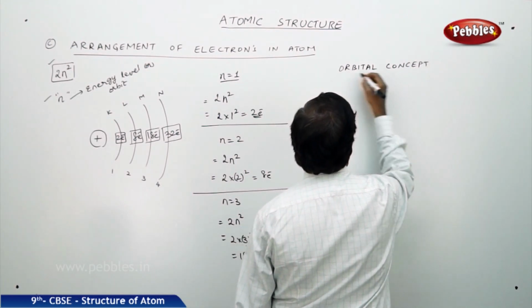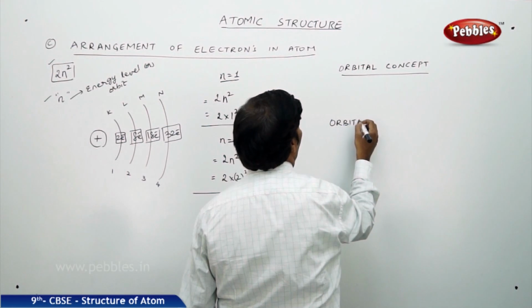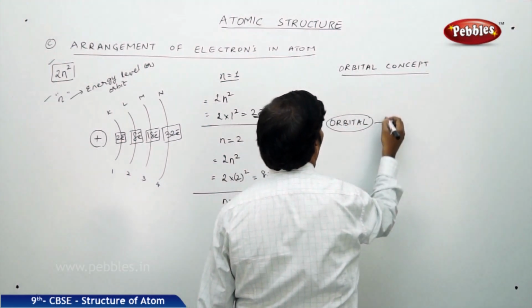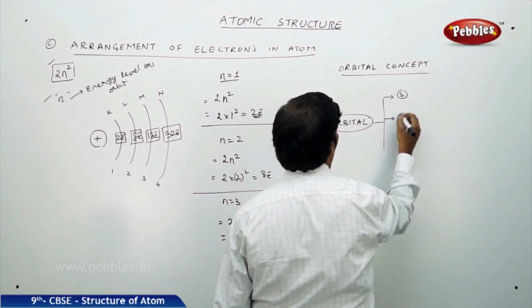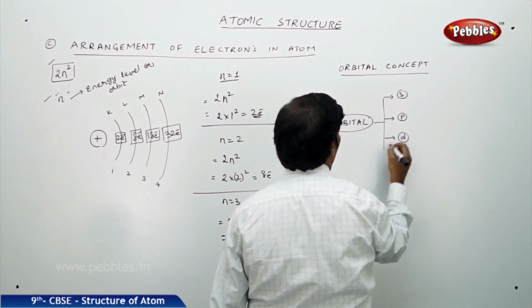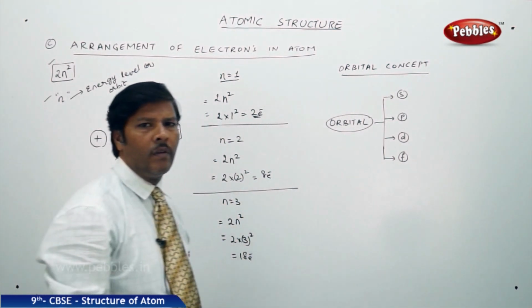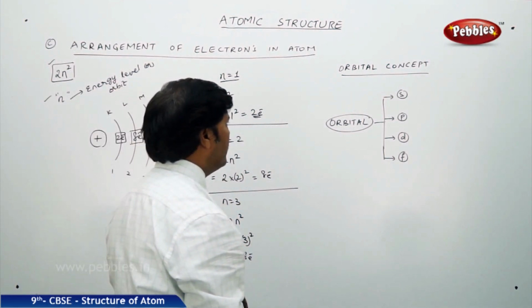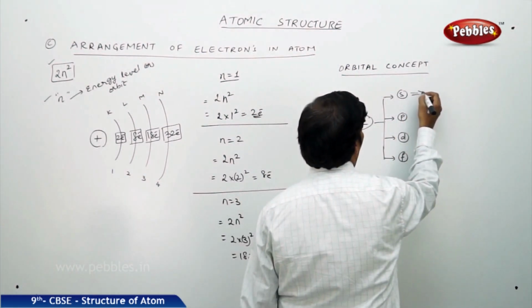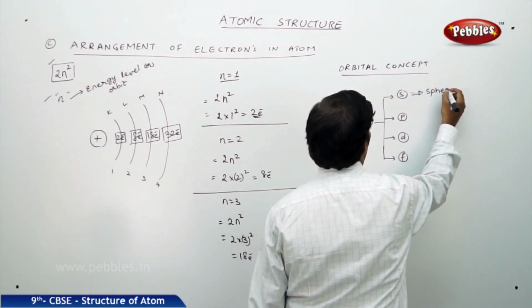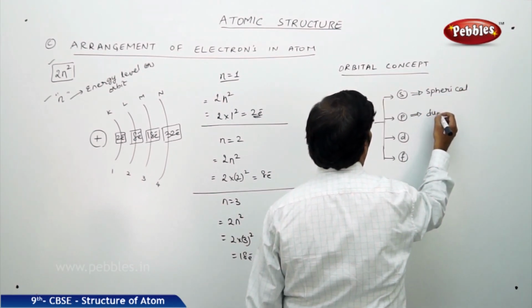Using the orbital concept, we have four types of orbitals: s orbital, p orbital, d orbital, and f orbital. Here, the s orbital is spherical in shape, and the p orbital is dumbbell shaped,